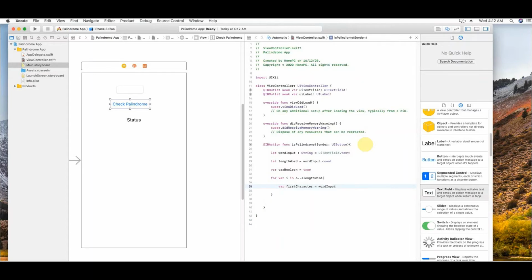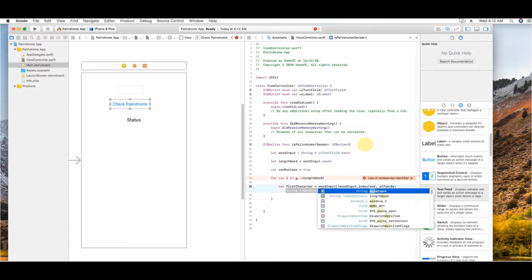In that, we can take the word input dot index. First we will have to give the start index and then the offset by. The start index could be nothing but the word input dot start index.